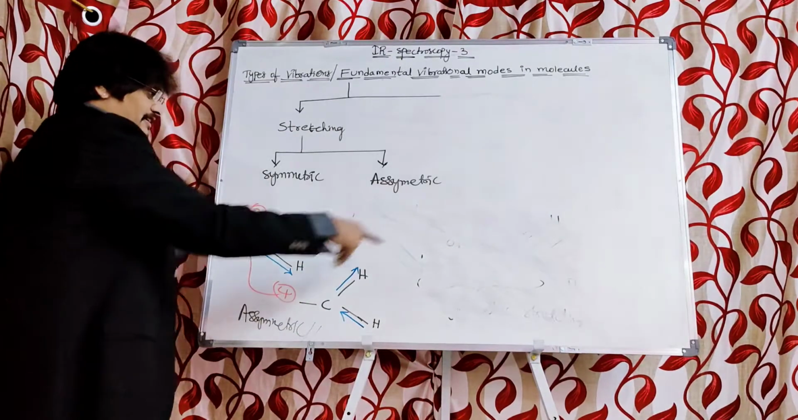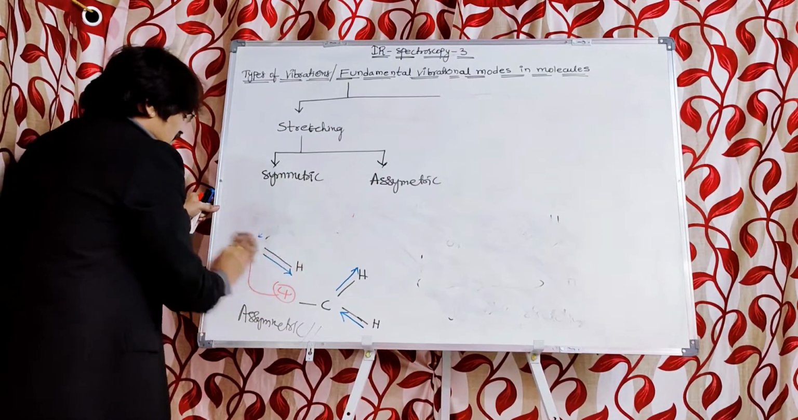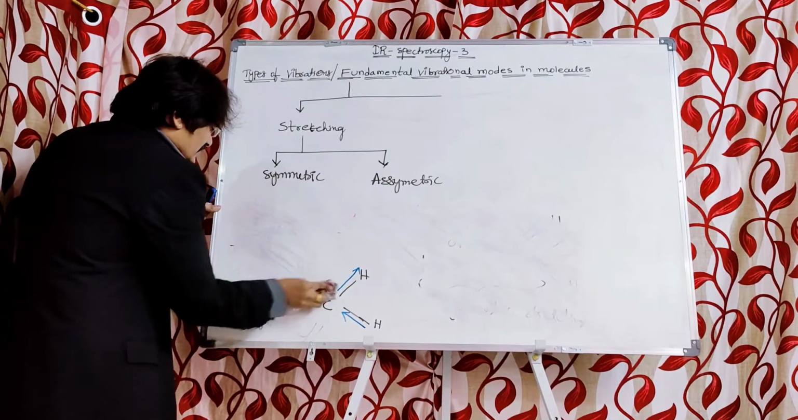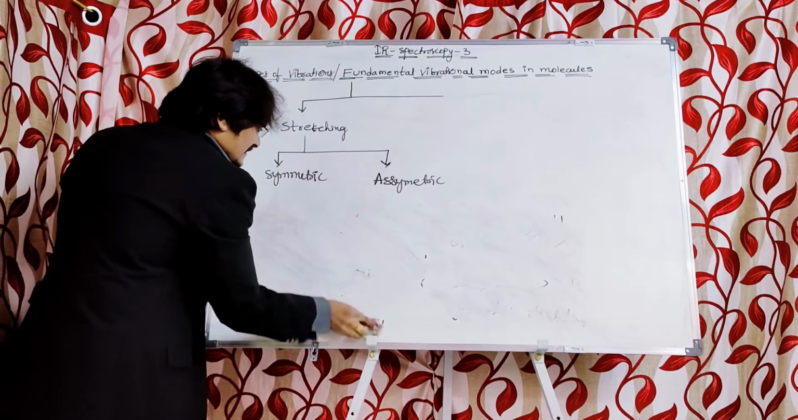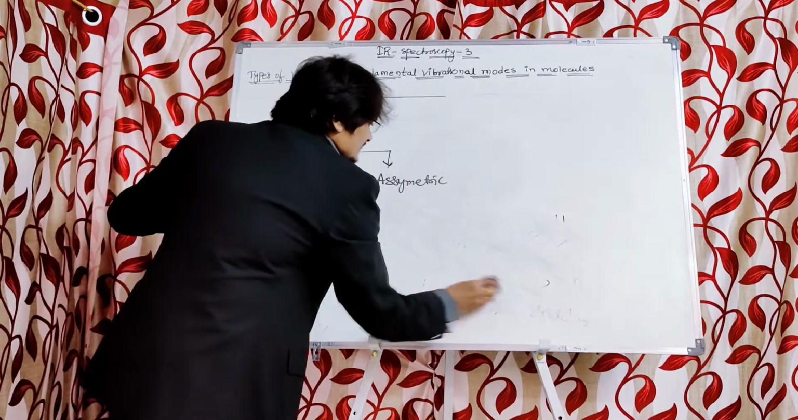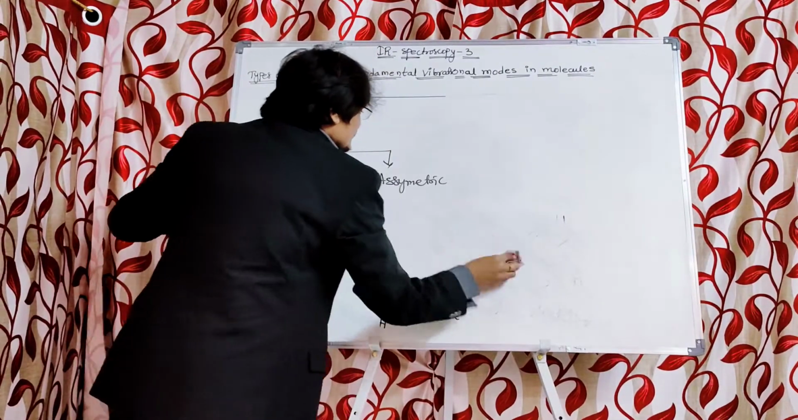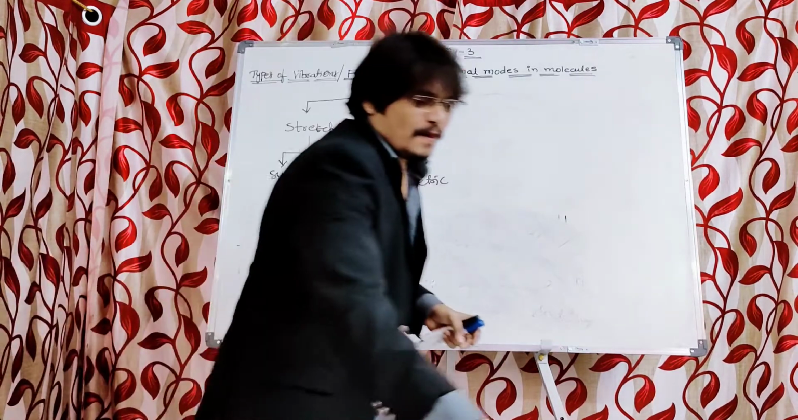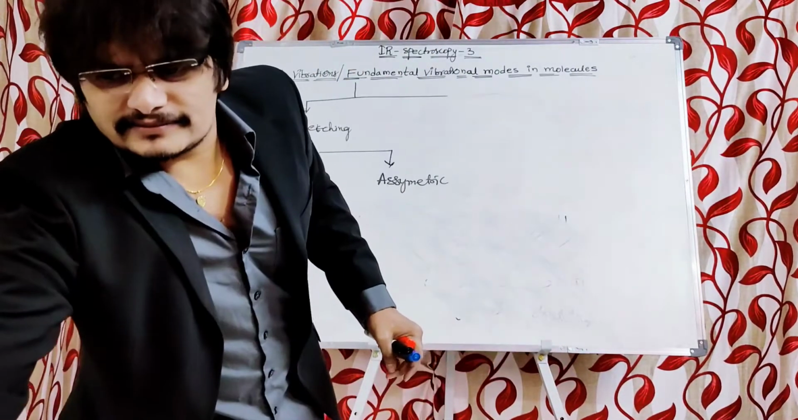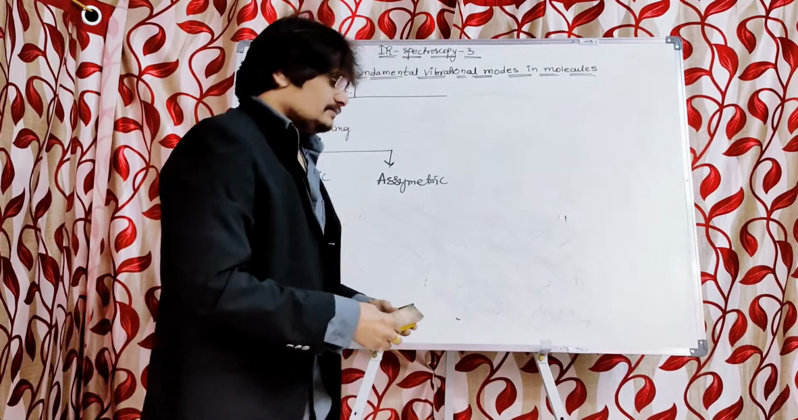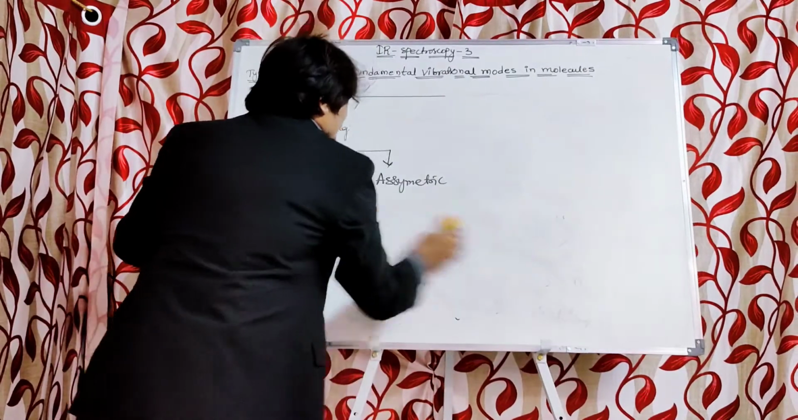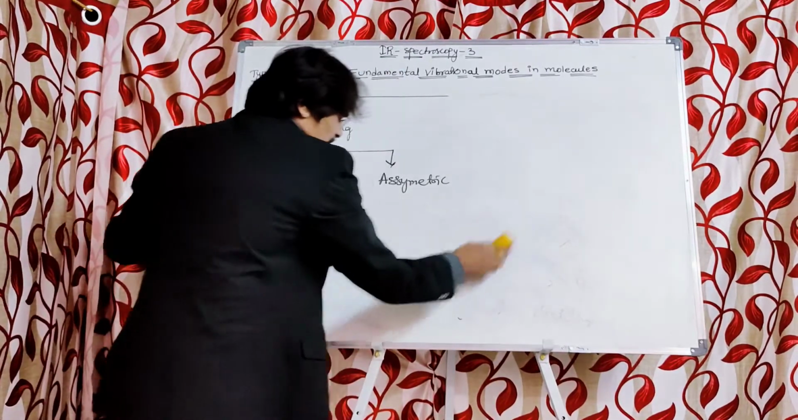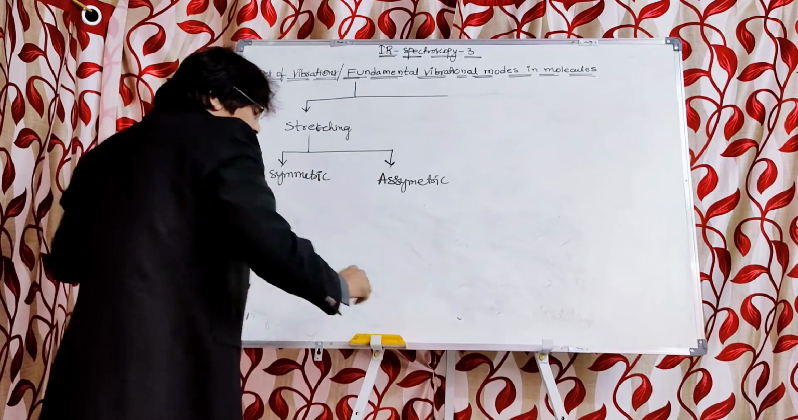Asymmetric. This is asymmetric. Those first, second structures are symmetric. I hope you understood this, right? All right. Now we have to discuss